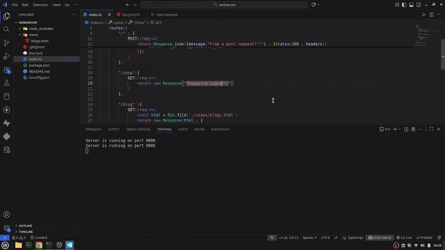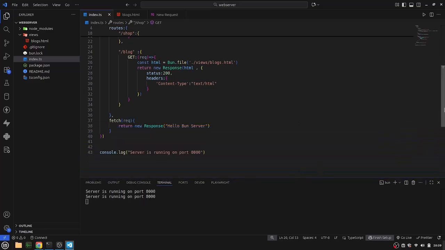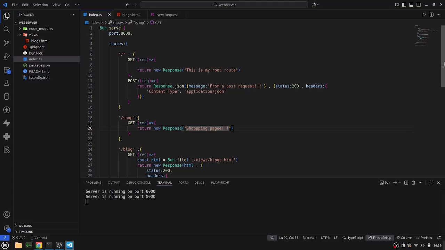So if I refresh, you can see it has hot reloaded our server. So that's how you can just create a simple HTTP Bun server using no libraries, just the runtime itself. And practically you can do a lot of things. If you want me to make a video of maybe a full project, maybe a blogging website, or maybe a to-do app using only Bun and HTML, you can tell me in the comment section what kind of project you would like for us to do, or for me to show you how to develop these